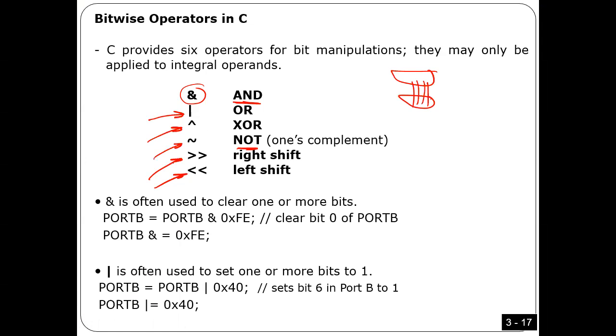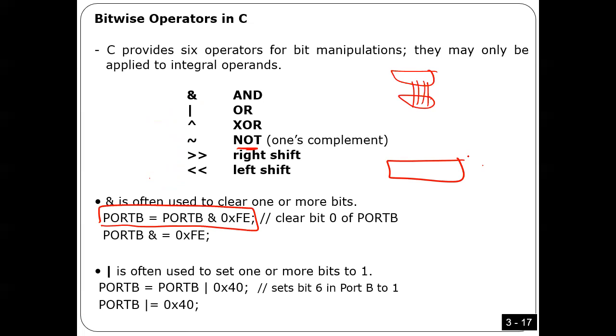Okay, guys. So here I'm teaching the operators in C language for bit by bit because we need them in order to do the special things we need. So these are the operators. I'm going to give you examples of how we can use them, one for each. So let's start with AND. Look at what I did here, guys. I'm saying port B. So port B is a byte. And then I'm going to do AND. This operator is for AND bit by bit. And then here, this number is in hexadecimal, FE. So FE is actually